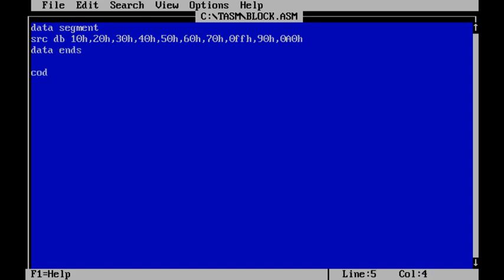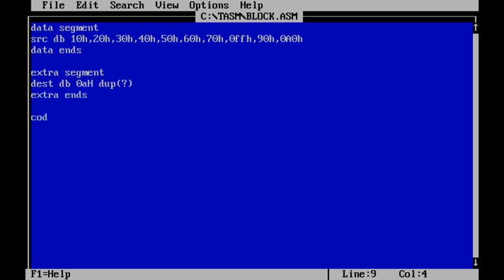Now start with the code segment. Before starting the code segment, I need to declare an extra segment also. Here I want to pass my source contents. Here destination is my destination string and src is my source string, and the destination is a sequence of bytes. I can declare that I need 10 elements or 0a elements, and I need not initialize these elements, so I will use the dup function and end the segment. Done.